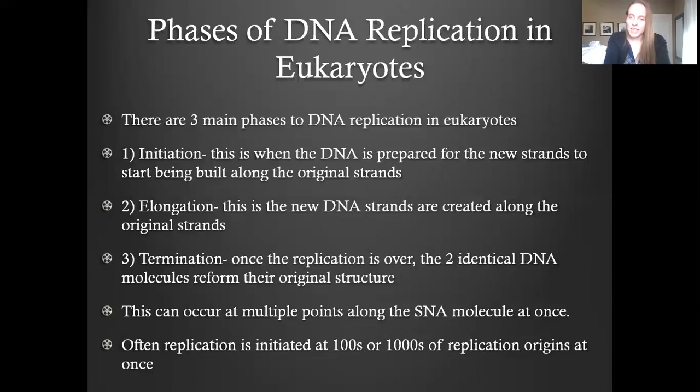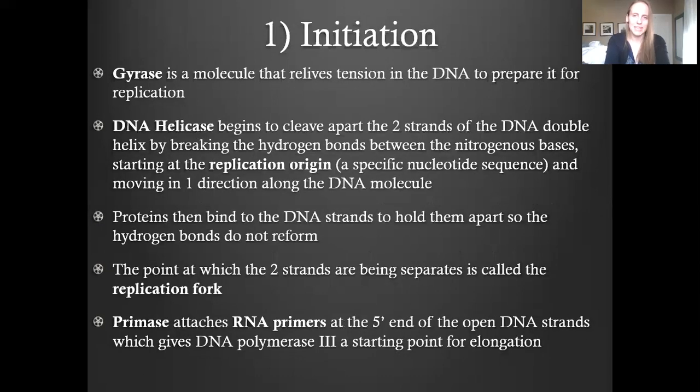This process of DNA replication can occur at multiple different parts along the DNA molecule at once, which speeds up the process. It can often be initiated at hundreds or thousands of different replication origins at once. So we'll look at initiation first. And it is important to memorize all of these different molecules that I'm going to be talking about and what